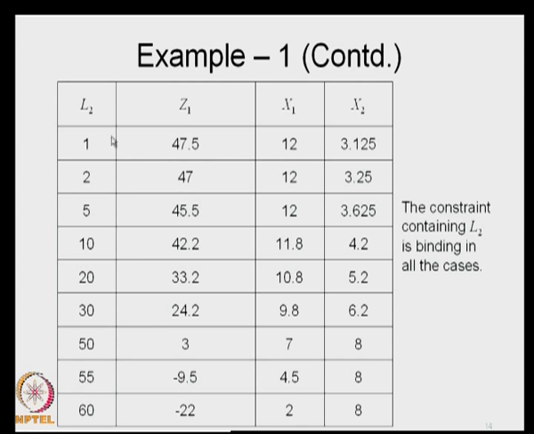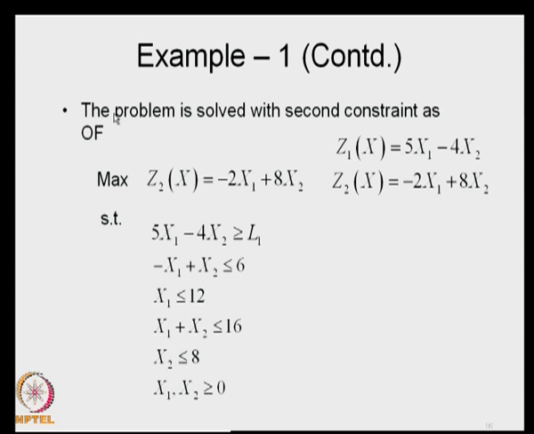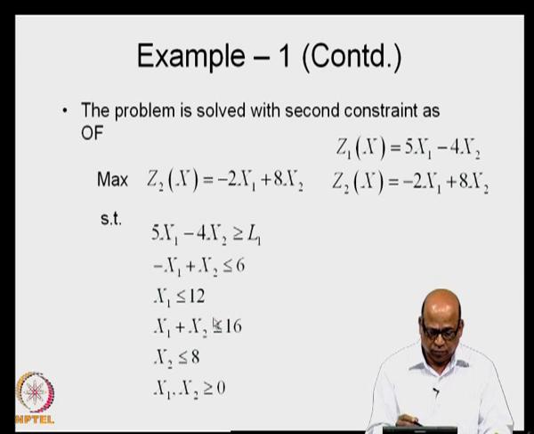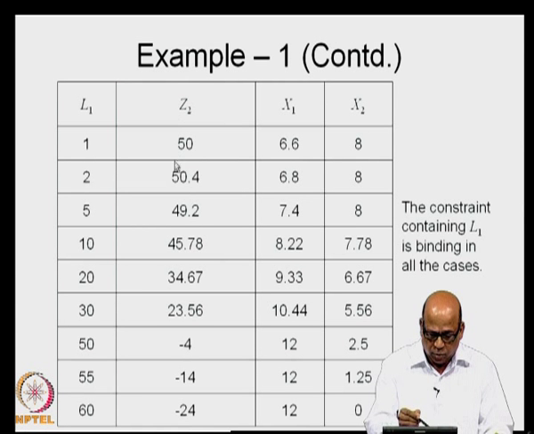What did we do here? We set a minimum level of meeting the second objective and then maximized the first objective. We will reverse this now and see what happens. That is, we will set a minimum level for objective number 1 and maximize objective number 2. So, I will reverse that and say I want to maximize the second objective subject to a minimum level of the first objective. I am putting a constraint on the first objective, everything else remains the same. I will generate solutions for Z2 now.